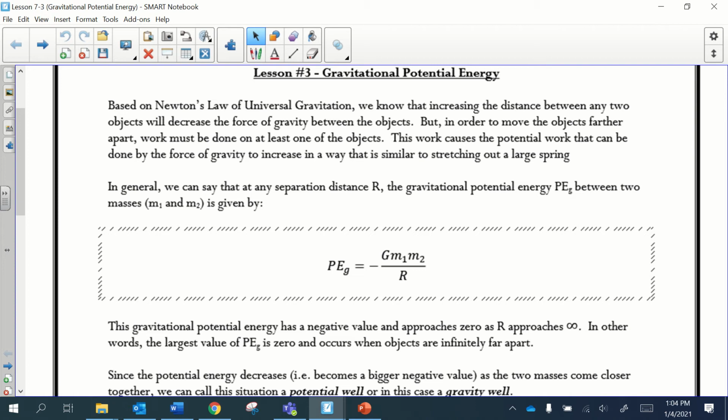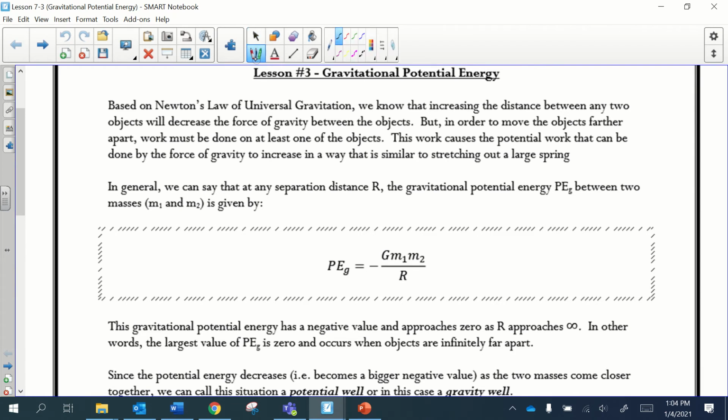Based on Newton's law of universal gravitation, we know that increasing the distance between any two objects will decrease the force of gravity between the objects, right? The further two objects get from each other, the weaker the gravity is. The closer the two objects get towards each other, the stronger the gravity is. But in order to move the objects farther apart, work must be done on at least one of the objects, correct? If there are two planets floating around each other in space,